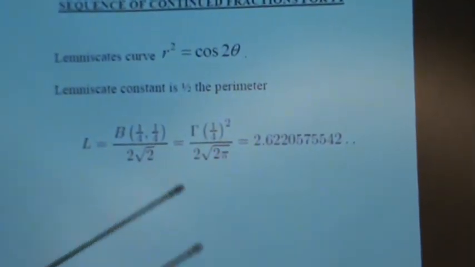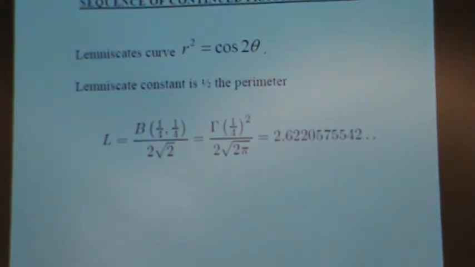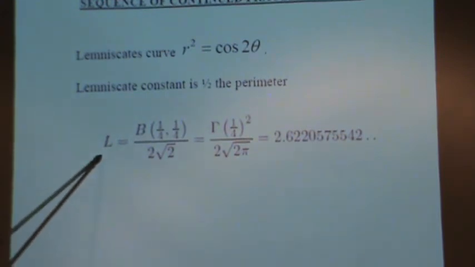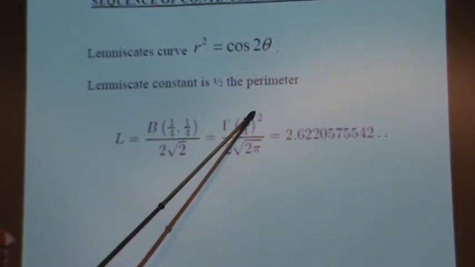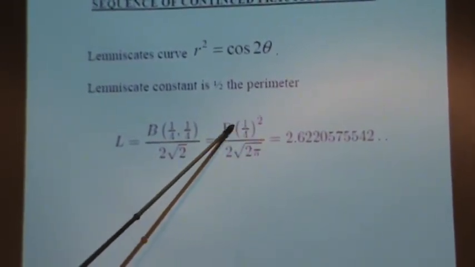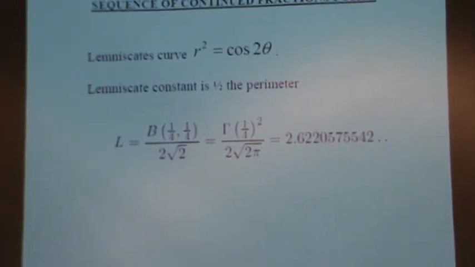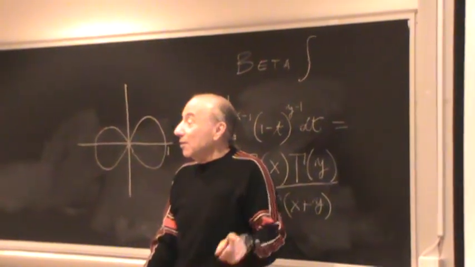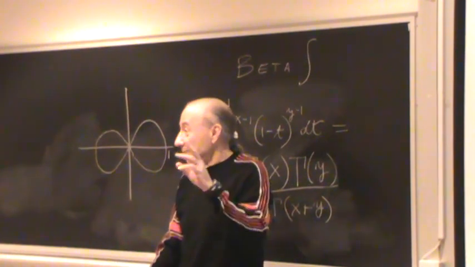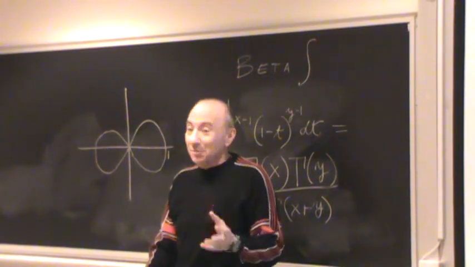And if you go and do the usual calculus arc length and take half of that, half the arc length, you get this number that is usually called L. And it turns out that you get it in terms of gamma of a quarter squared, and also pi. It's this. So half the arc length of this Lemniscate is L, the Lemniscate constant, just like half the circumference of a unit circle is pi. And it's not surprising that the two numbers sometimes appear in similar